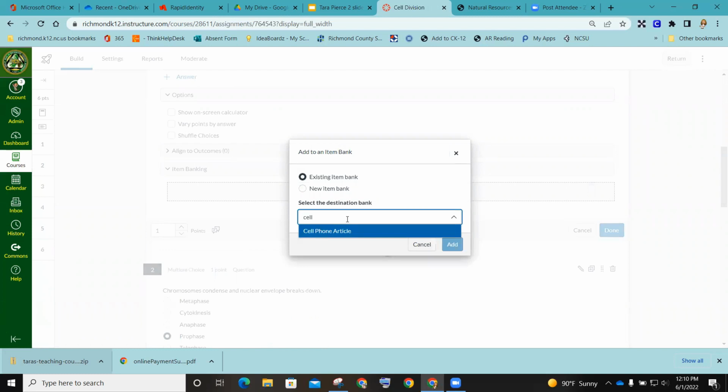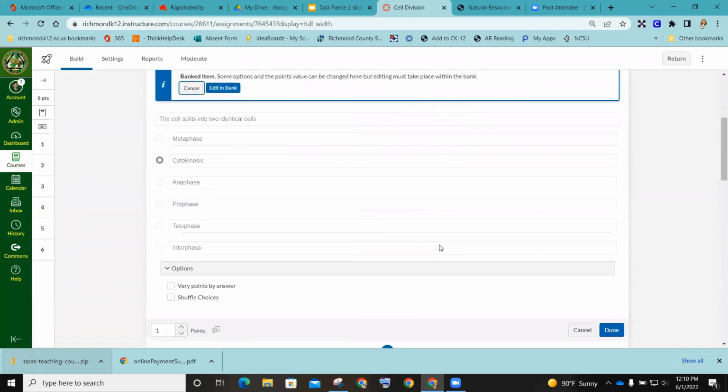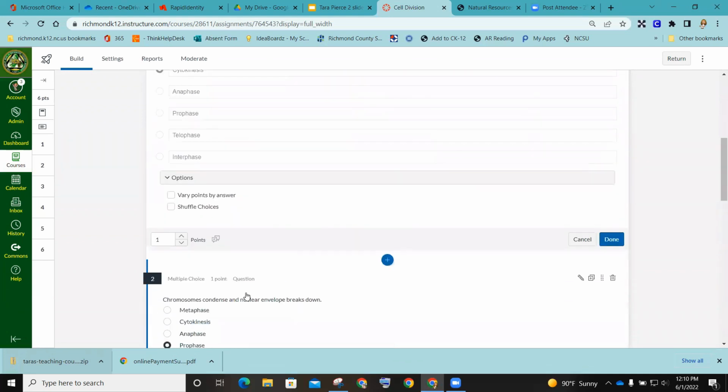Well, I don't have cell division. Uh-oh. I need to say new item bank, cell division, and add. All right, so now as I come down,